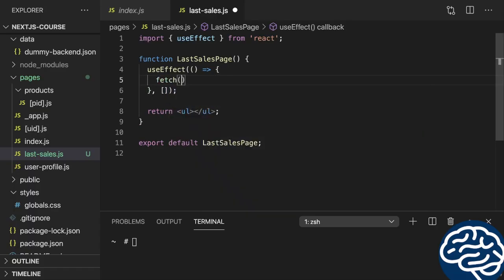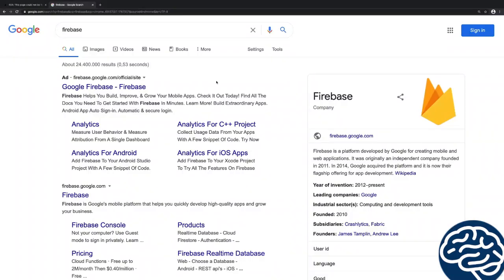So now in here, we can use the built-in fetch API, which is available in the browser. And as a side note, it could also be used in getStaticProps or getServerSideProps, it is available there as well. We don't need it there right now, but you could use it there as well. But here we use it on the client side inside of useEffect to send a request to some API, to some web server. Now to test this, we need some dummy backend, we need some web server, and I will